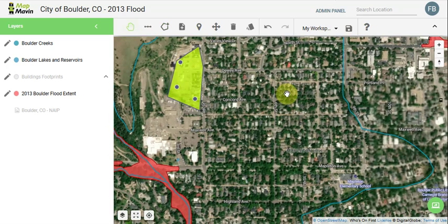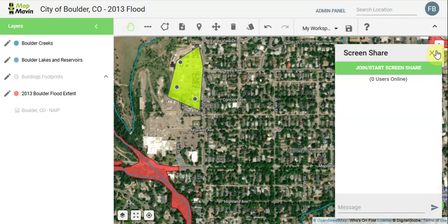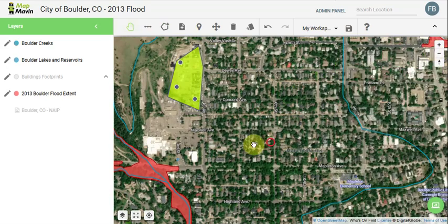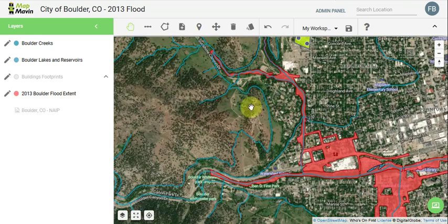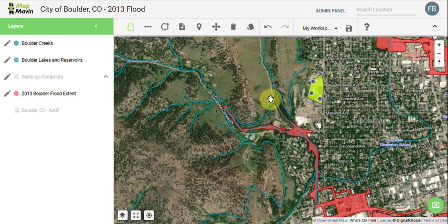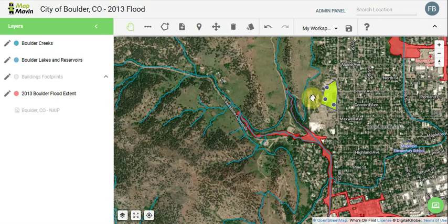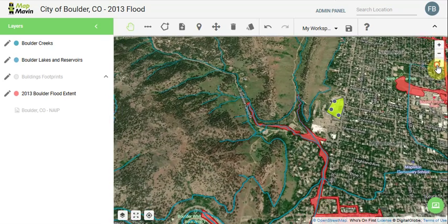Lastly, it's worth mentioning that if you wanted to jump on a screen share chat, that is going to be the button to get it to. I think that covers just about everything that you're going to want to have in mind as you are viewing your maps. The only other thing I'd like to mention is that even though it's right there, it tends to